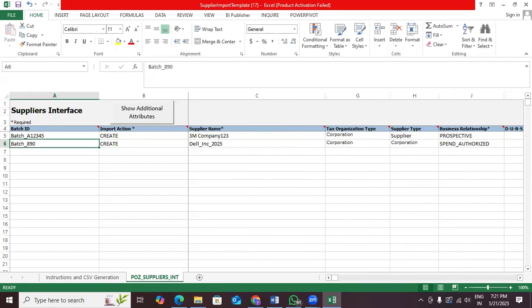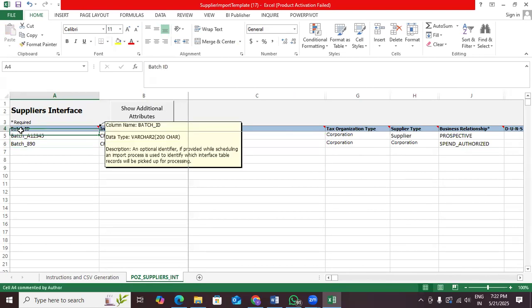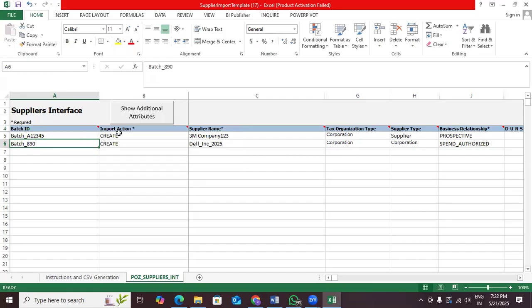Here we can observe the mandatory columns. We need to fill the mandatory columns. Here, look at here, a star mark is there. Batch ID is a mandatory column. Import action is a mandatory column. Supplier name is a mandatory column. Okay, and